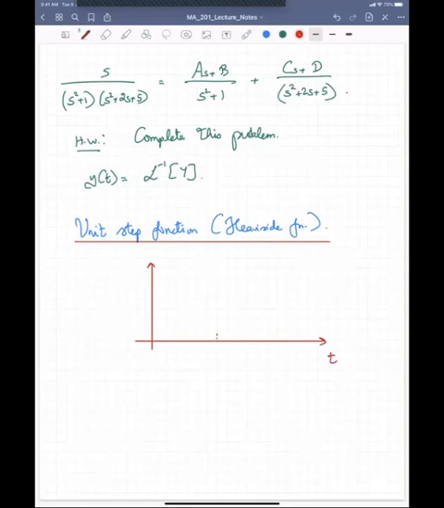So it is a constant, but the constant value is just 1, and it is a constant only after some time t. So before this time, the function is 0. After this time, the function is 1. Okay, so this function I will call u, and this is at time t equal to a,